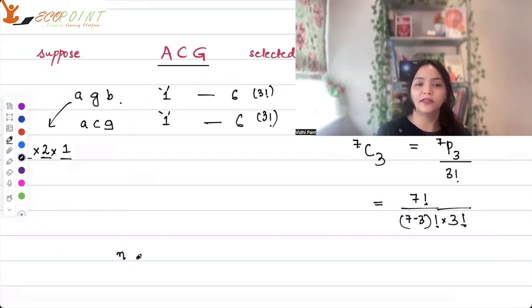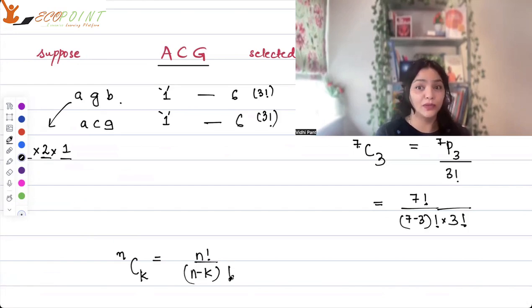So if you generalize this, nCk is equal to n factorial upon n minus k factorial, which was your permutation, but मुझे ऑर्डर्स नहीं चाहिए,